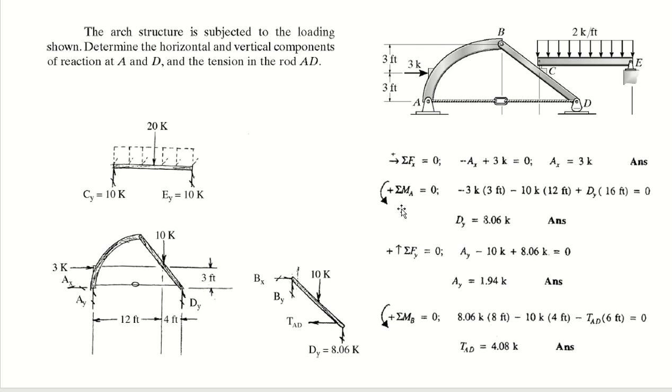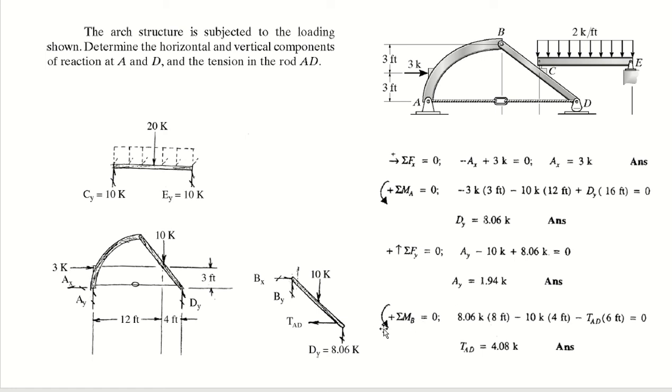Now summation of moment about point A is equal to 0. So take moment about this point equals to 0. We are left with what? With this applied load 3 kip, this applied load 10 kip and the Dy. So 3 kip into 3 feet minus, because it is producing clockwise moment, minus 10 into 12 feet. This is again negative because it is also causing the clockwise moment, plus Dy into 16, which is causing anti-clockwise moment. So Dy into 16 feet. So this will give you a value of Dy, right? Now summation of Fy is equal to 0. So you know the value of Dy, you have applied loads, so you will get the value of Ay, right?